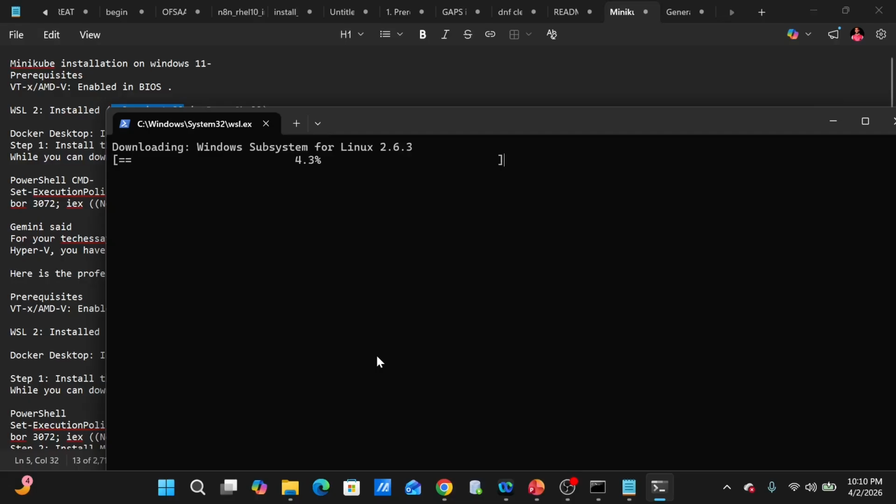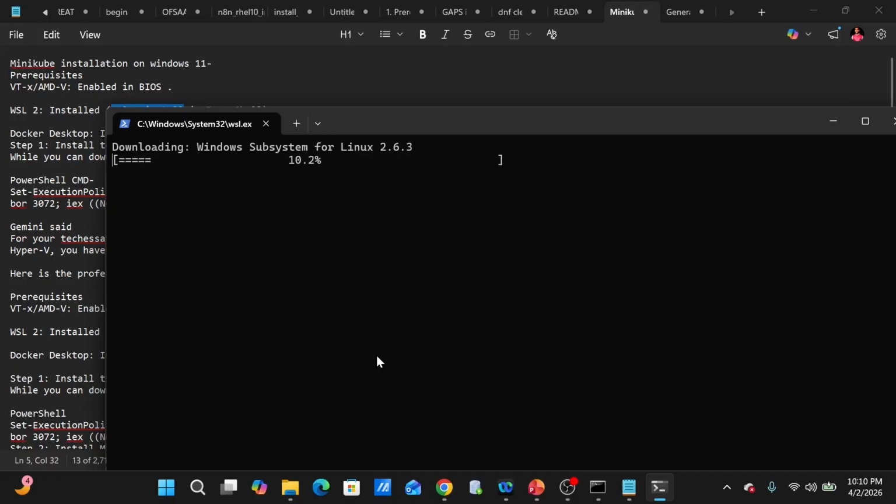Otherwise you can proceed with WSL, and I am doing the same. There are separate methods to enable Hyper-V in Windows 11 Home Edition too, but currently this is the most feasible and authentic way to install Minikube